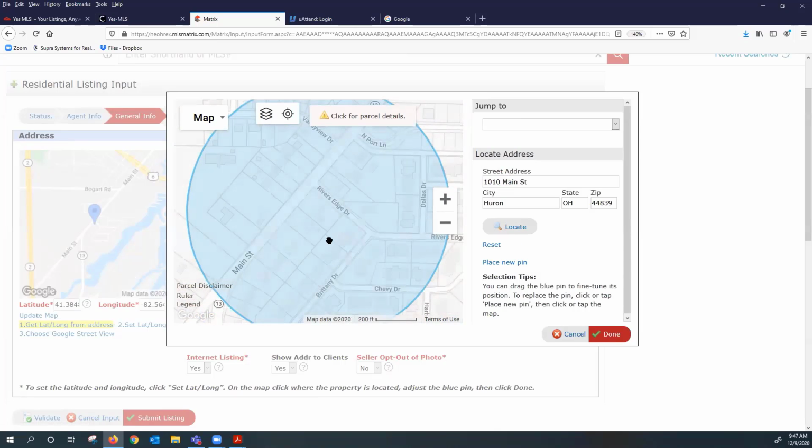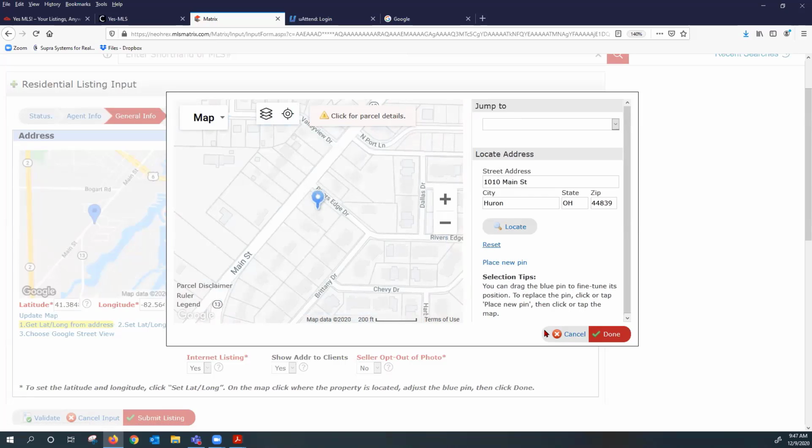And if I do that, it comes and says, I think it's somewhere here. So I can click through these parcels and say, oh, yep, here it is right here in the corner. And I can place a new pin. So you have the option to fix that, especially with vacant land. If you take vacant land listings, I would highly recommend that you double check this and move it to where